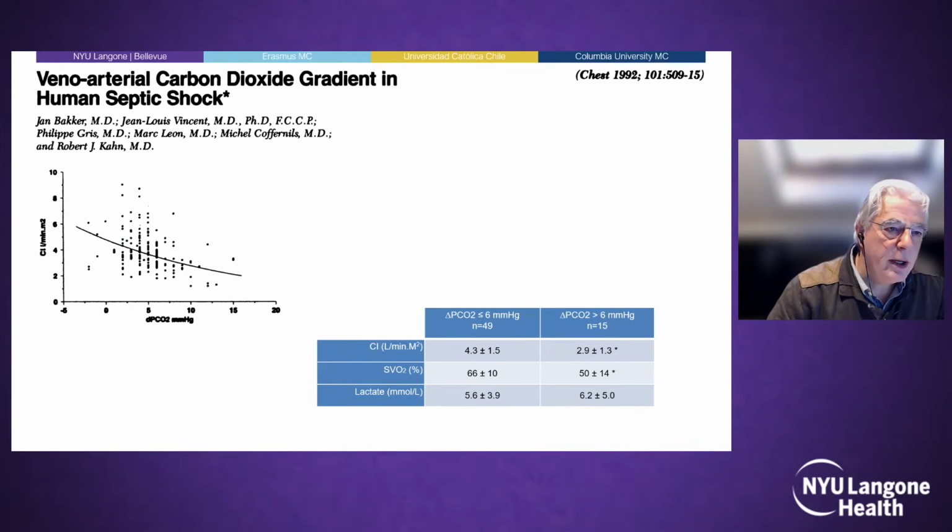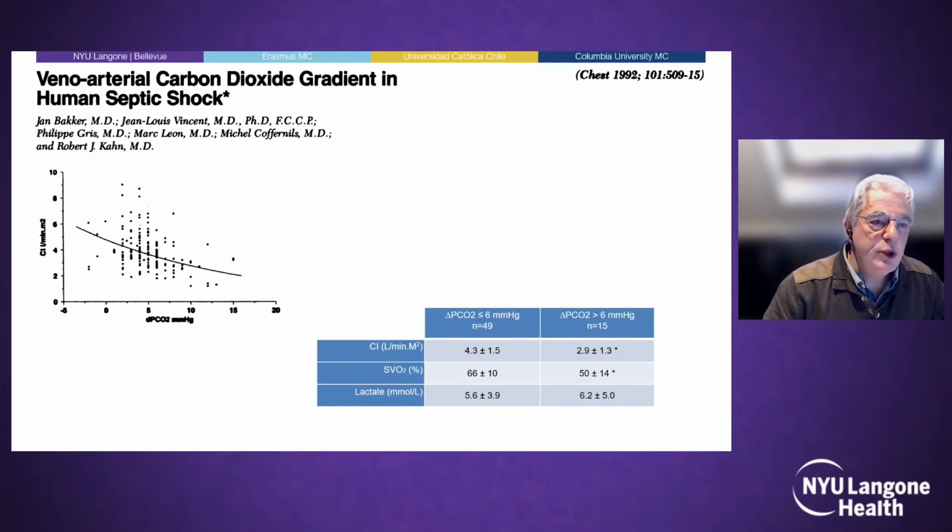The delta PCO2 comes from the first study that I did in my PhD research. I was in Brussels with Jean-Louis Vincent. And Jean-Louis Vincent was trained by Max Harryhal. And so we were focused on this CO2, and we studied this delta PCO2 in human septic shock. It came up with a target of 6 millimeters of mercury, looking at flow or perfusion parameters, the cardiac index and SVO2, so PA catheter, and we found that the cardiac index and the SVO2 were lower in patients with a delta PCO2 less than 6 when you compare it to more than 6. And since this publication, 6 is used as a threshold in clinical practice,